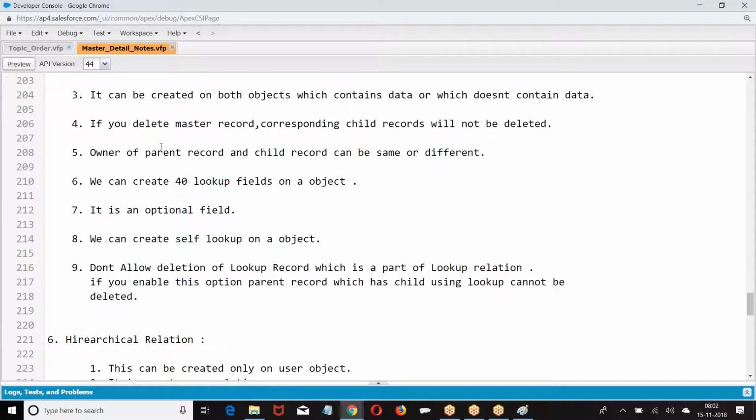Clear for everyone? Okay. Now, see, if it doesn't have a parent, no issue. The question is, if there is a parent and you are trying to delete the parent, then there is an issue. You can delete the child, there is no problem. The problem is only when you are deleting the parent. If you don't have a parent, no issue. If you want to delete a child, no issue. The issue is with deletion of the parent, not with the child. I hope you are good.